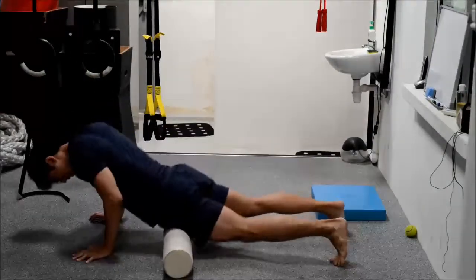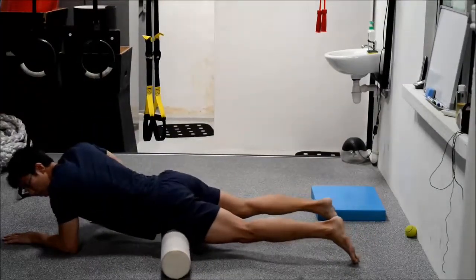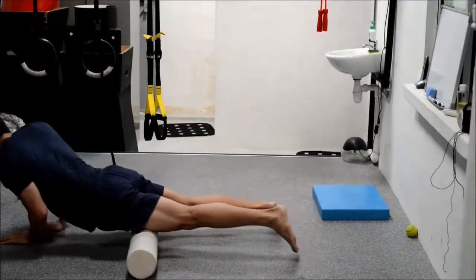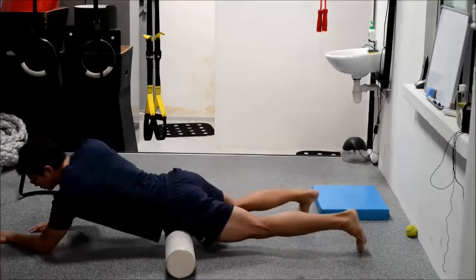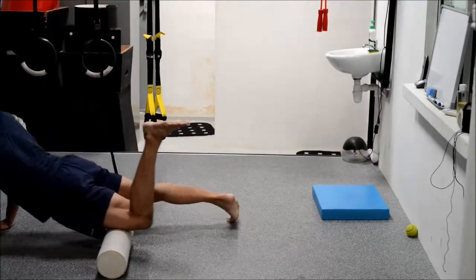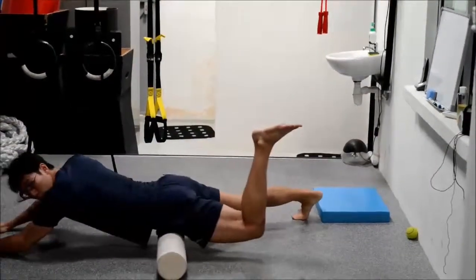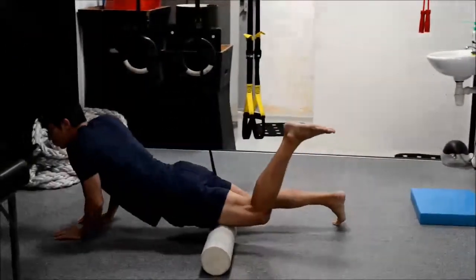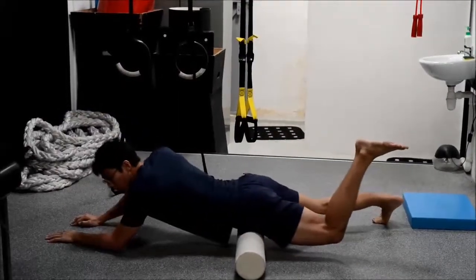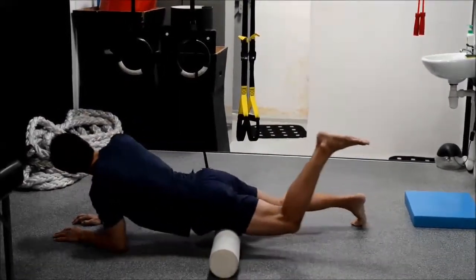Just in this position, so he's just working on the left of his hip. So you can see he's rolling all the way from the hip down to the knee, and he can bend his leg just to improve the reduction in the tension. All this is done so that we can improve the internal and external rotation of